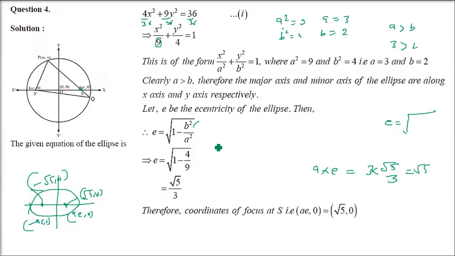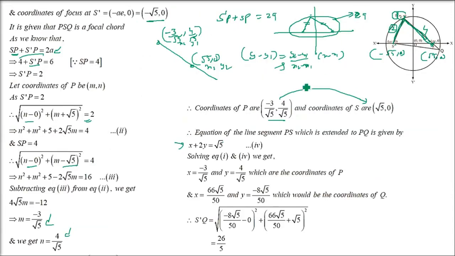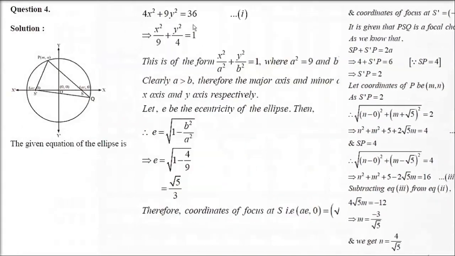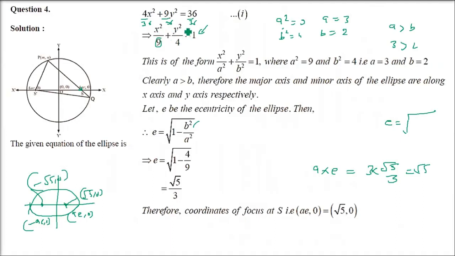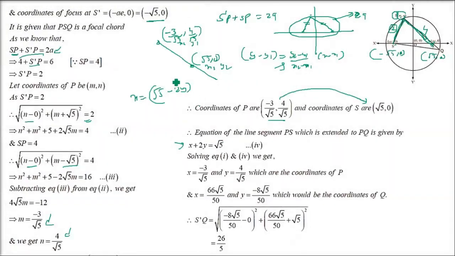See, an ellipse, a line is cutting. That line equation we have found out. Now put this equation of line in that ellipse so that you get two points, the intersection points. So you can put x as root 5 minus 2y. Just put it here in x square by 9 plus y square by 5. Either you can put x in terms of y or y in terms of x. That is, you are going to put x equal root 5 minus 2y in place of x in x square by 9 plus y square by 4 equal 1. I hope you got the idea.